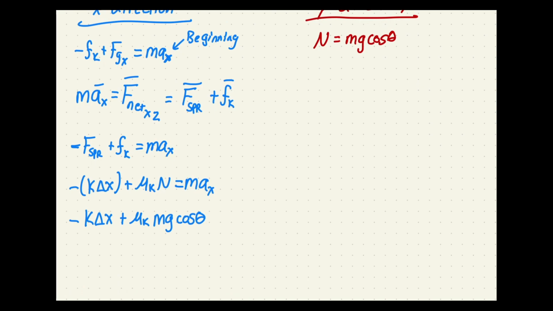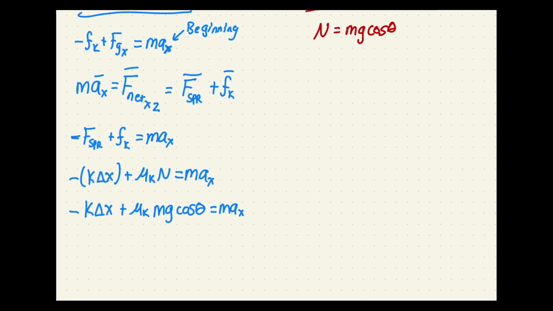So now I have this expression for our net force: minus k delta x plus mu k times mg cosine theta. I don't have to decompose my spring force, because my spring force will be pointed entirely in the negative x direction, so I don't need to worry about any of that. I want to solve for delta x ultimately. So what I'm going to do is add k delta x to both sides,